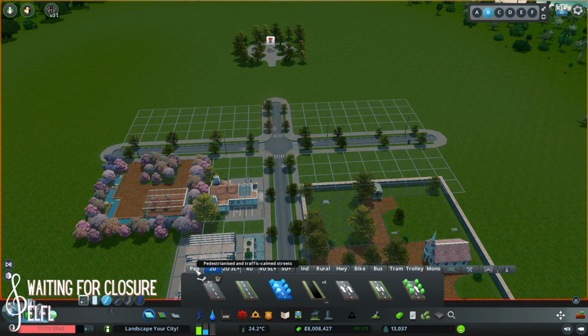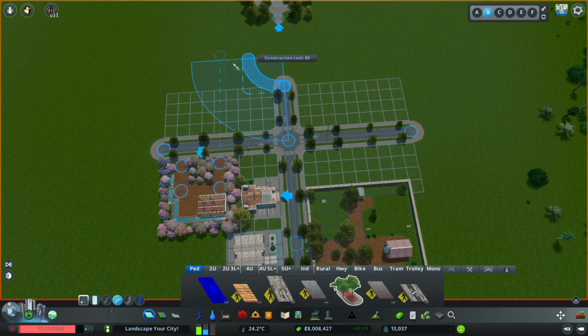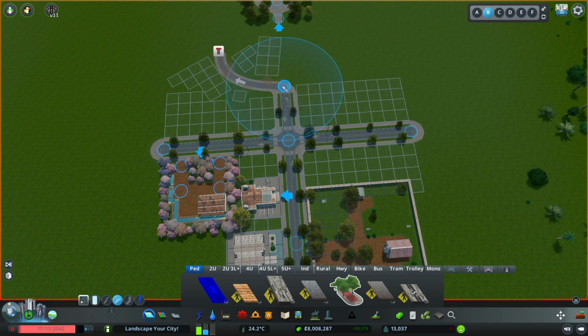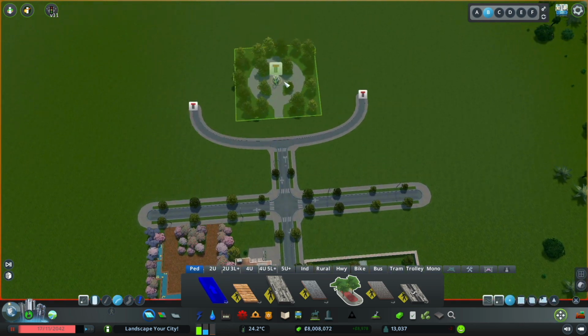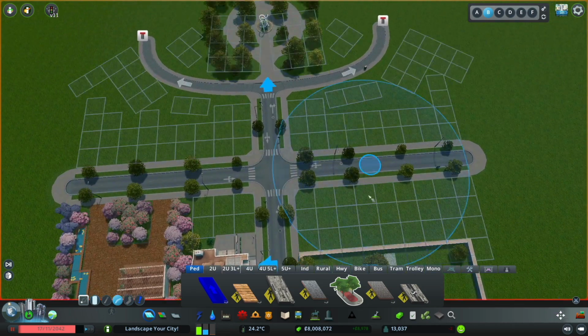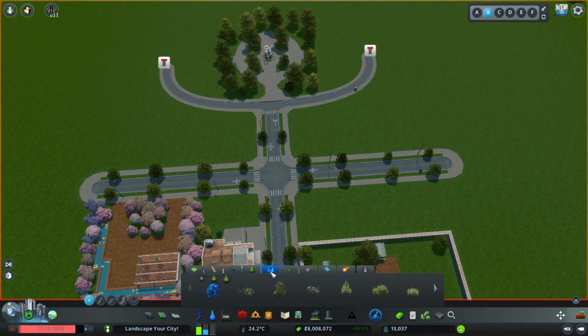So I wanted to create a grand entrance. I feel like focusing on how someone comes into a space is just as important as the space itself. I found these really cool little cobblestone one-way roads. They're zonable, of course, really cool. I will link them in the description, but they gave me that perfect vibe I was looking for, that winding